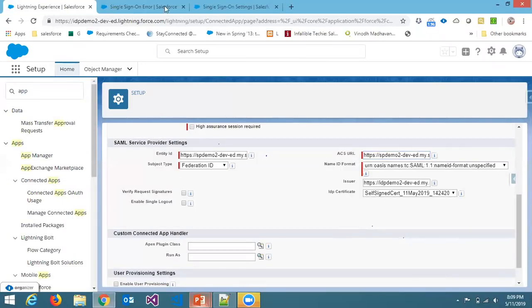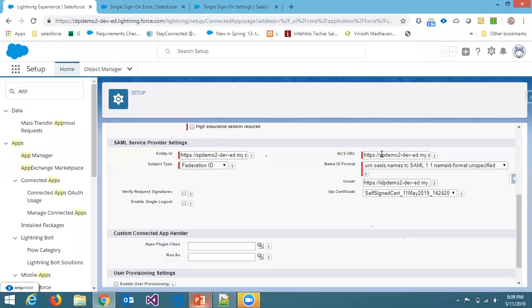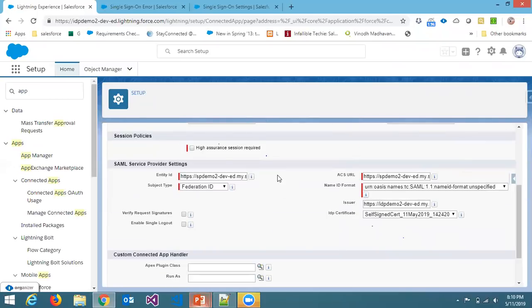Right. So the error that we see here is we cannot log in, check for an invalid assertion in the SAML validator. What it is essentially saying is that the assertion is failing, most probably because the ACS URL that we have specified is not right. ACS URL is the URL where the system verifies the access control for specific users, right? So that URL is not valid. And let me